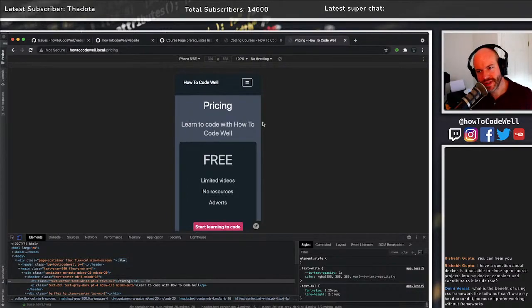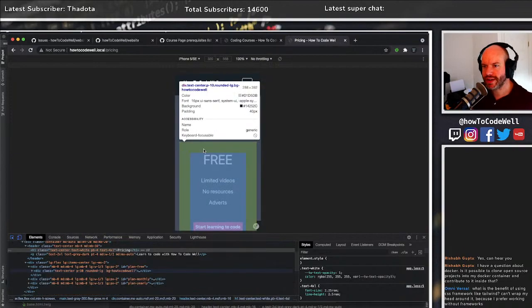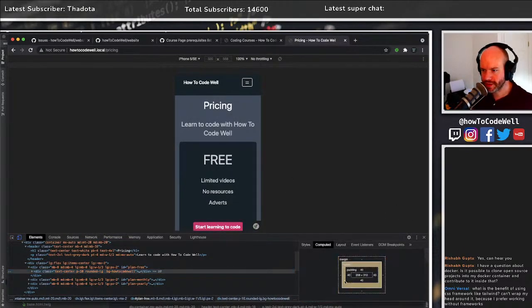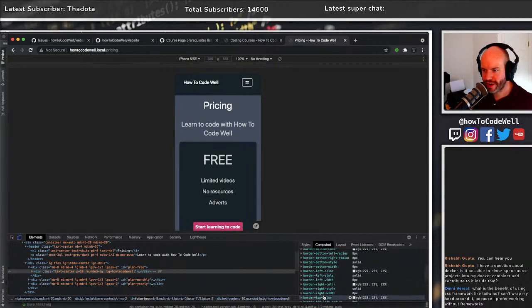Now, I have a plan. It probably won't happen this year, but my plan is to move away from Tailwind once I am 100% happy with the style of everything. And what I'll do is probably build my own bunch of Sass files, I think, that represent what we have here. So my way of thinking is that later down the line, I would grab this and go computed, grab the styles, and put them in my own CSS.